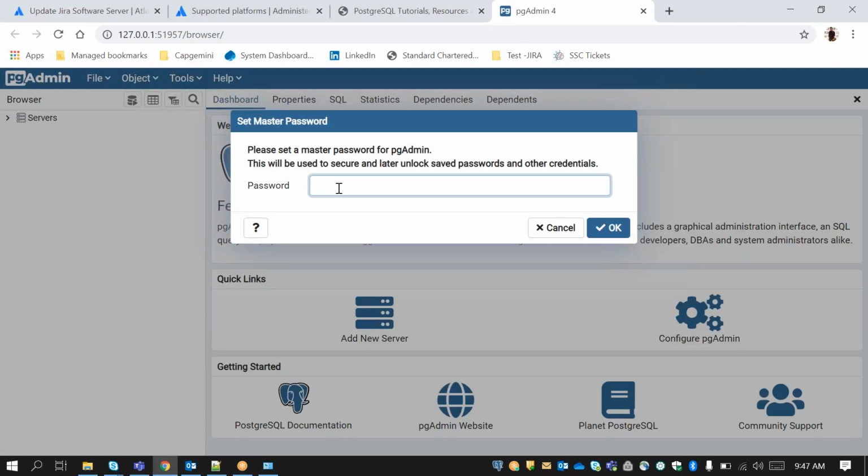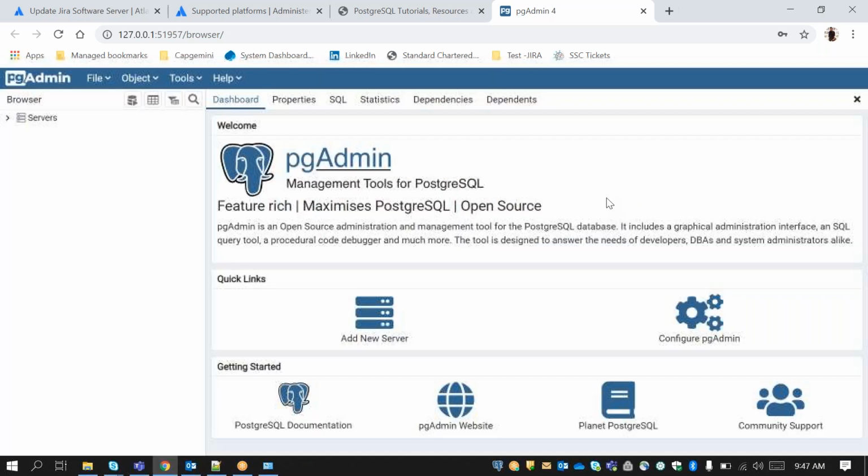Here you need to enter the password that you entered while installing for the postgres username. Then click on OK. So this is the login, and on the left side you can see the server.